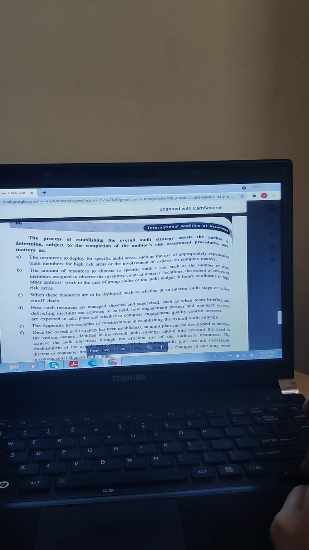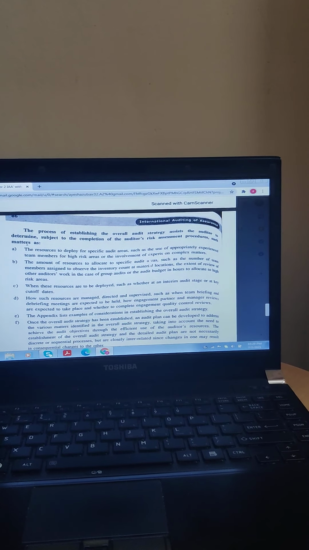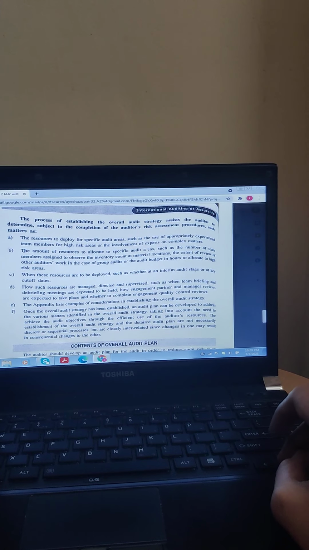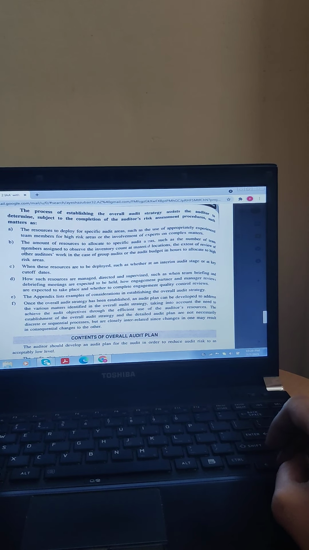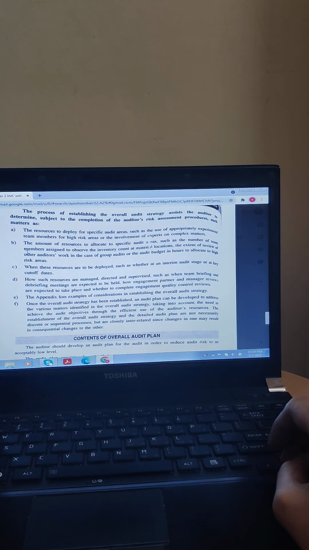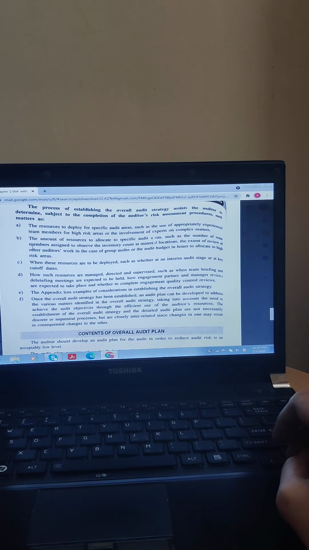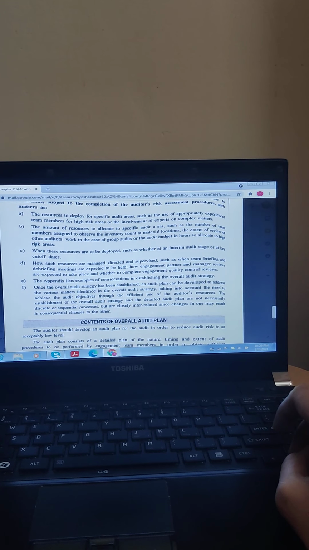Okay, now let's look into the process for establishing the overall audit strategy. Firstly, you need to see what resources you need in order to deploy your audit strategy. Then, the areas where you are going to deploy, whether they have any complex matters or simplified matters, which areas you need to focus more on, then how many people you need in auditing, and which resources need to be deployed,